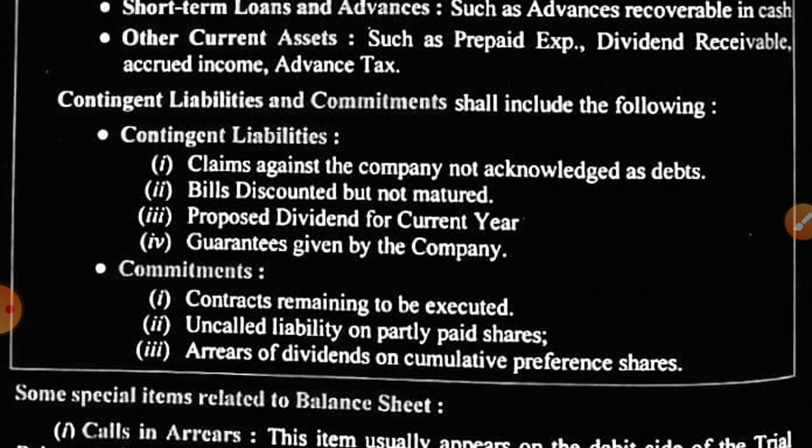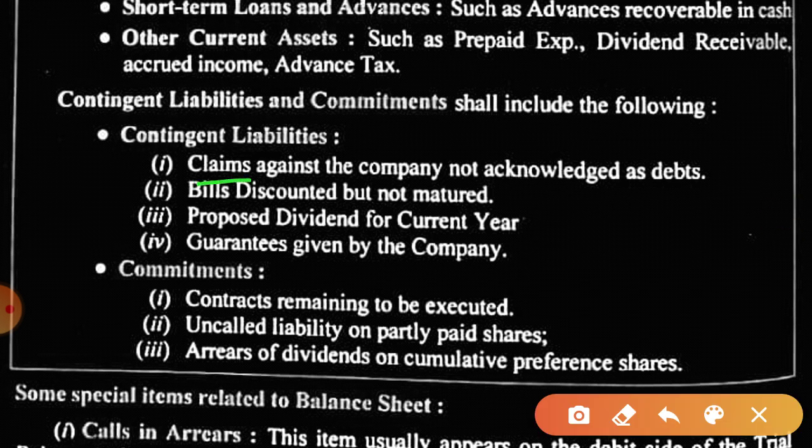So why is it a contingent liability? It depends on the happening of an event. And what is the happening of the event? Whether the case filed by the person is correct and he wins the case, then only. So contingent liabilities are given to you. Claim against the company, as I told you, claim against the company not acknowledged as debt. Someone has claimed, but it is not a debt. Bills discounted but not matured. Why? Because if the bills are discounted earlier, on the due date it may or may not be receivable. If the person doesn't pay, then it becomes the liability.